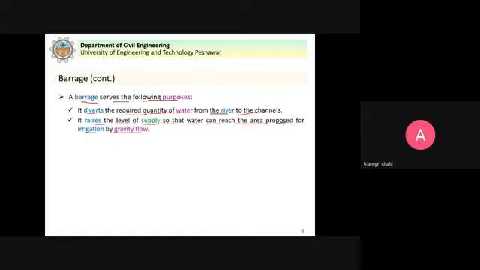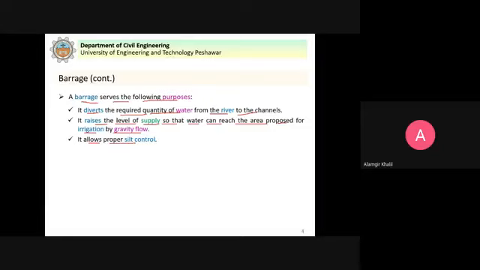So the water level is raised to increase the head of water, and then the water is diverted in the canal and the water flows due to gravity. It allows proper silt control.